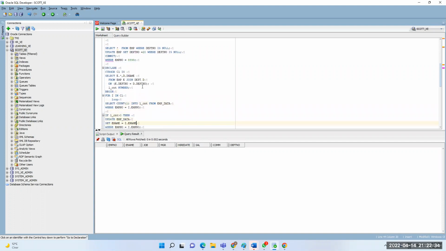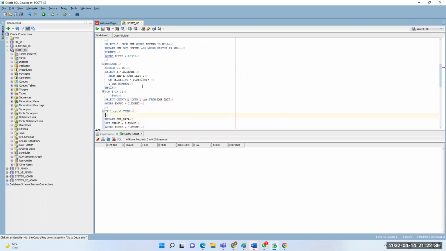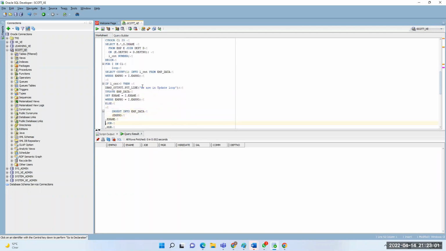Just for your understanding, where is the cursor? We are in the update loop.